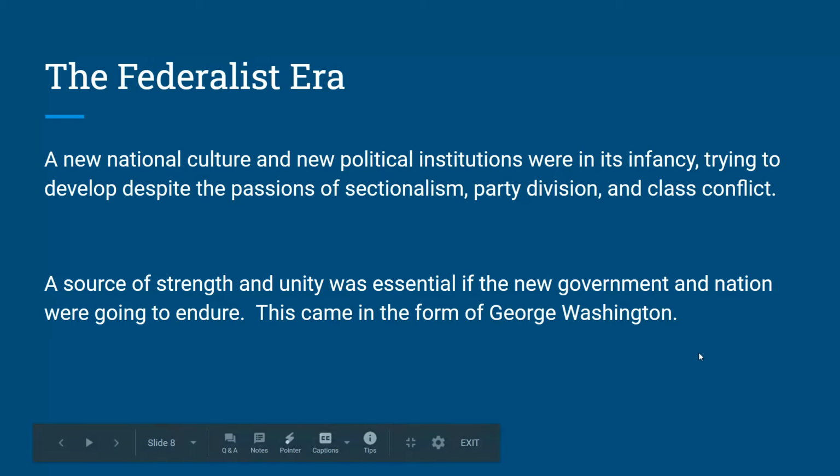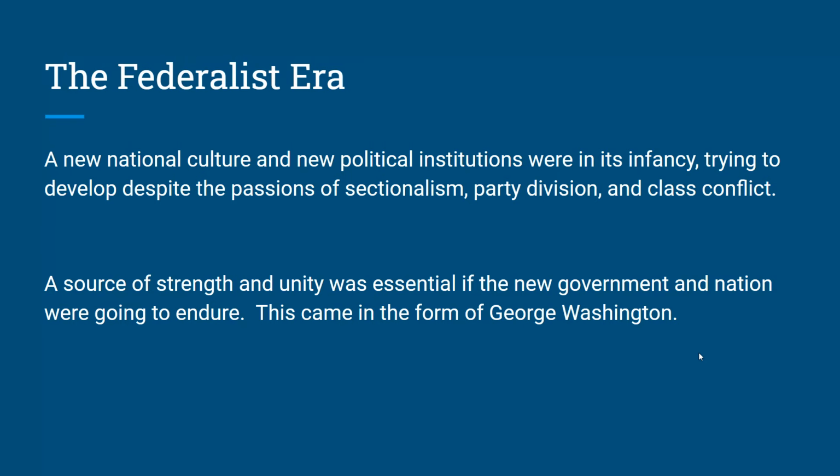All right, so the Federalist Era: a new national culture and new political institutions were in their infancy, trying to develop despite the passions of sectionalism, party division, and class conflict. And so basically, in the midst of the economic hardships and the foreign policy challenges and the possibility of insurrection, we see a new American culture develop. We've got a new government under the Constitution. So we have new political institutions that were brand spanking new, and